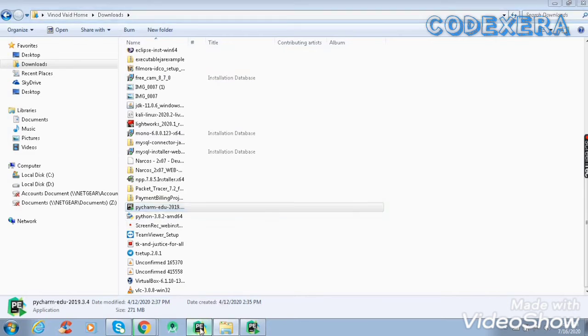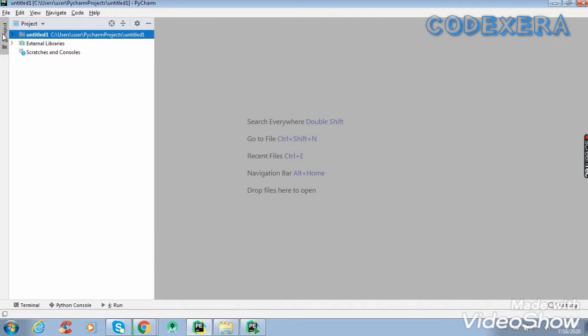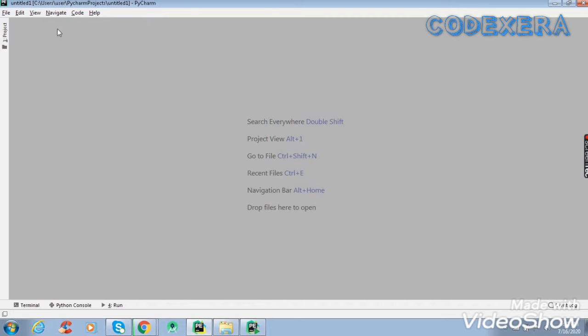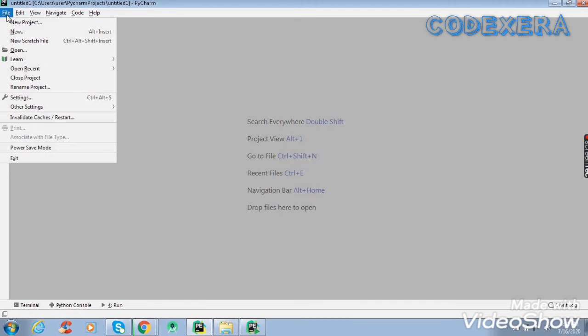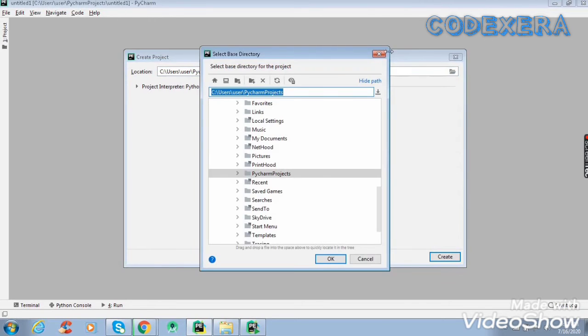After installation you will see a page like this. Here you can create your project, and there are some title bars. Just click on File for creating a new project, then click on New Project. Here you can change your project name, and if you want to change the location, click on this and write where you want.